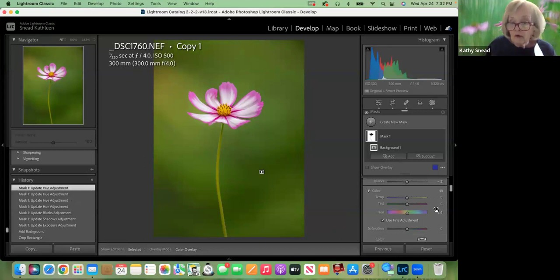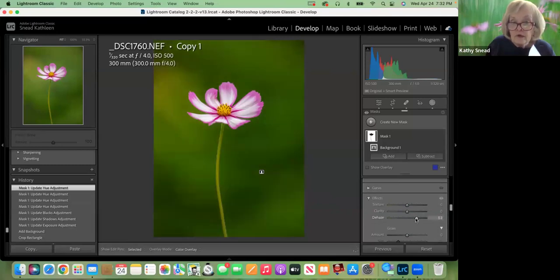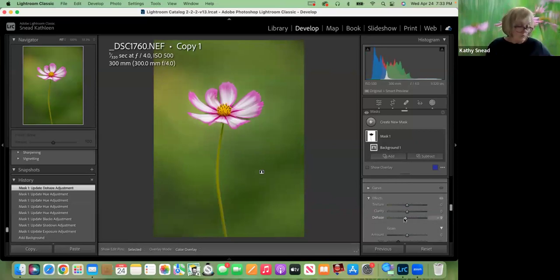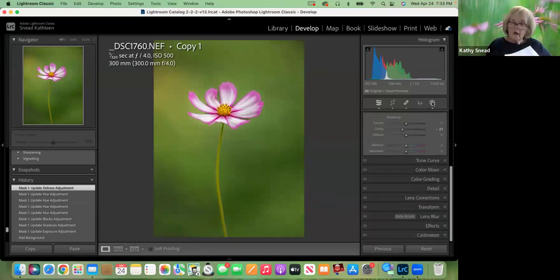with this background. I went down to dehaze, and we're all familiar with the wonders of dehaze when we have fog. And it makes it, my computer's lagging, makes it more dramatic, but that's not what I want to do with this background. I want to actually add a little haze, adds a little softness to it. So not quite that much, but maybe about here. So that's where we are now, and I'm going to go back out of, that's our first mask, back out,